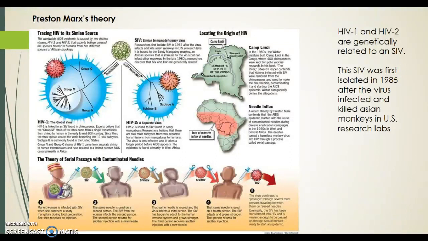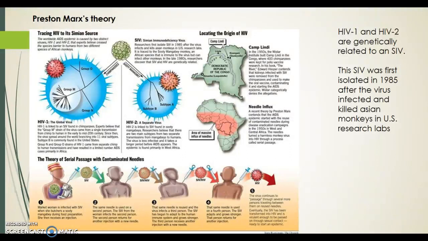So how does the process work? Well, let's say we have a market woman who is infected with the simian immunodeficiency virus after she butchers a sooty mangabey during food preparation. Let's remind ourselves that in Africa, hunting takes place in order to get food. She then receives an injection. That same needle that was used on her is used on a second person, so the simian immunodeficiency virus from the woman